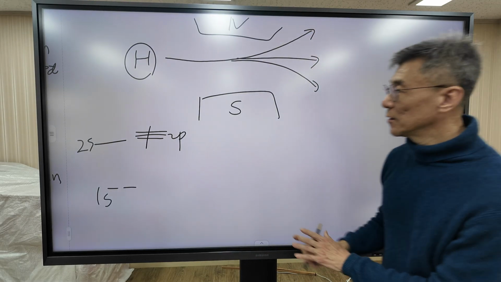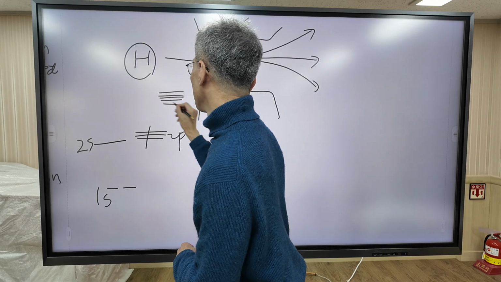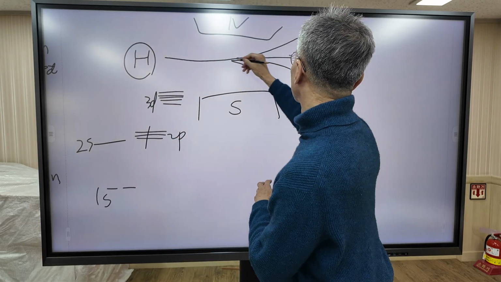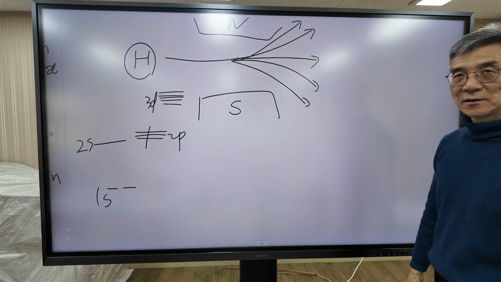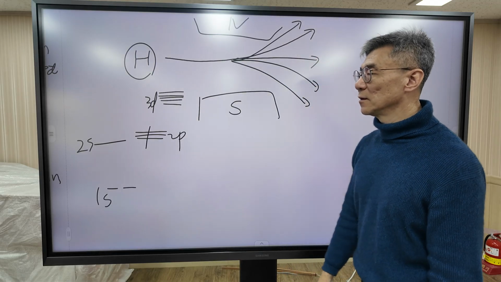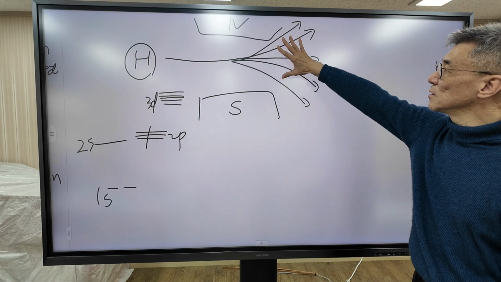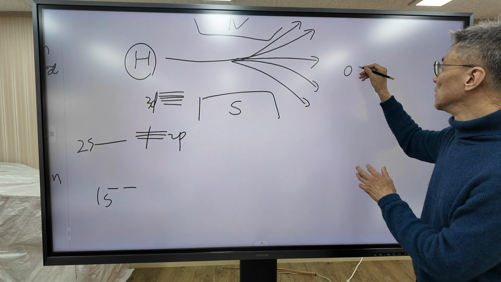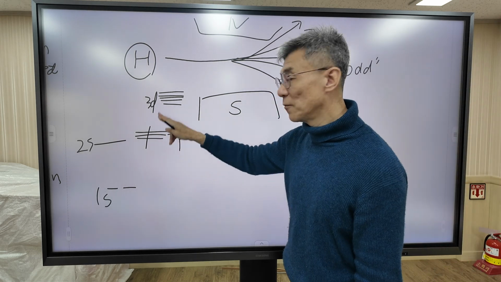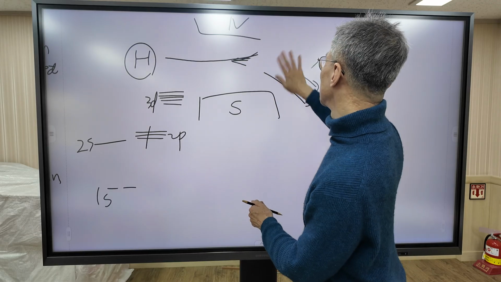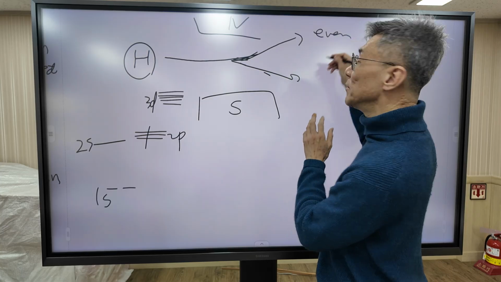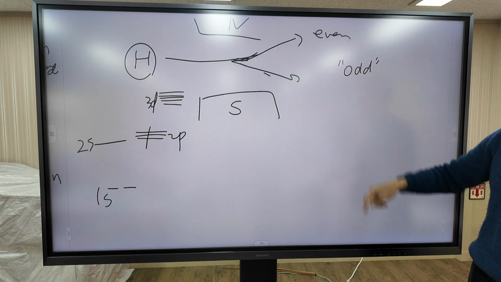So if the electron is in the 2p orbital, the hydrogen atom must split into 3 paths. Right? What happens when the electron is in the 3d orbital? Then it splits into 5 paths. So if the electron is in the 2p or 3d orbital, the number of distinct paths must be odd: 1, 3, or 5. But according to the experimental result, it is split into an even number of paths. This is the question.